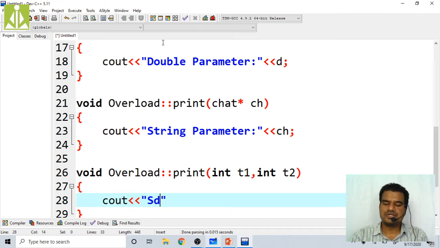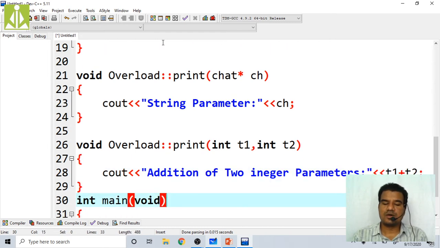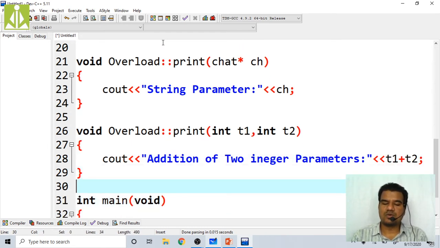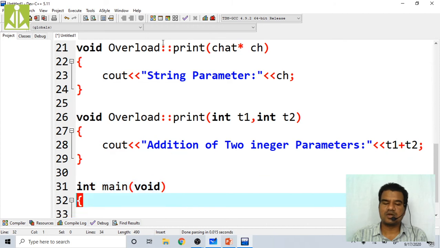So addition of two integer parameters colon, add those two, that is t1 plus t2, like this. Put the semicolon at the end. So now all the definitions are over. The overloaded definitions are over.